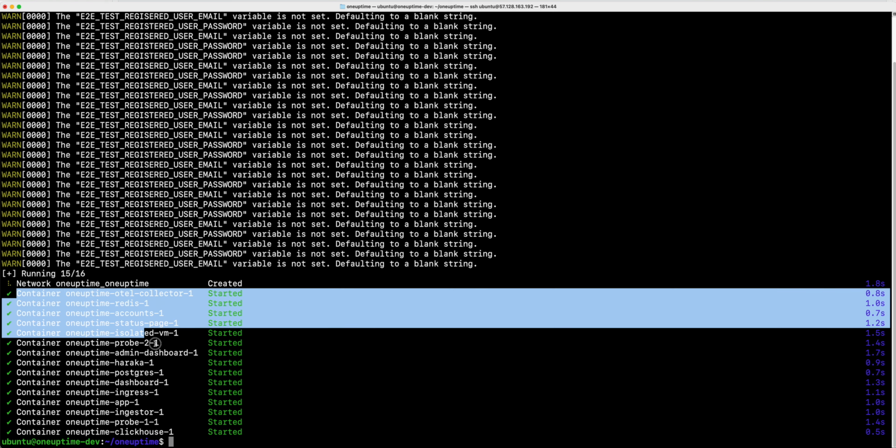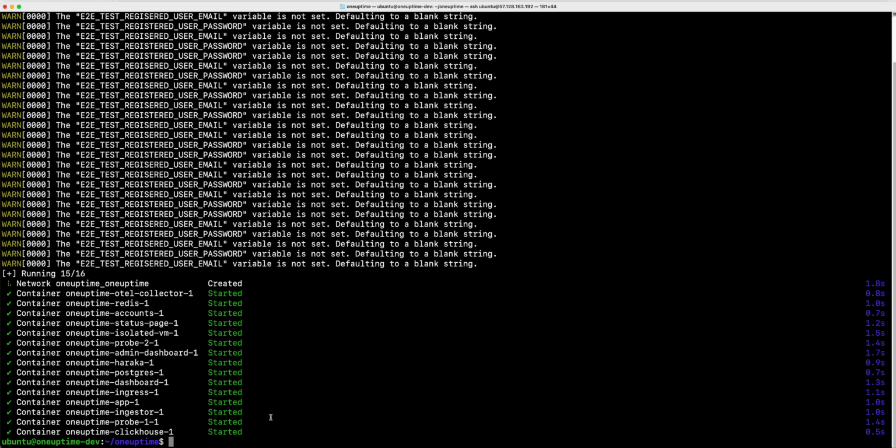This was really fast because I pulled all of these images earlier when I was testing. But if you're running this for the first time, it'll start pulling those images. It'll take a few minutes of your time to pull all of the Docker images, and eventually it'll run all of these images. Once it is done running,